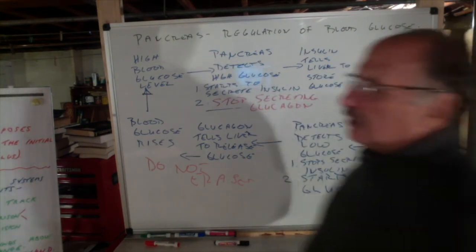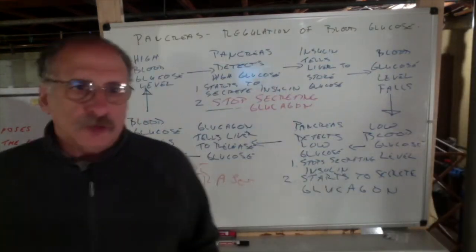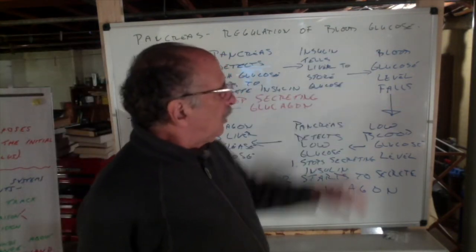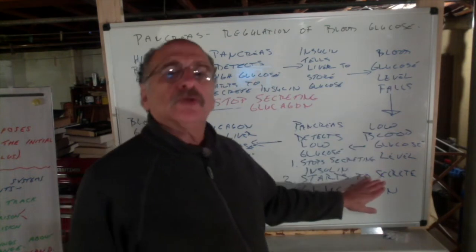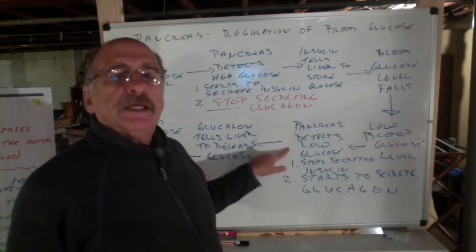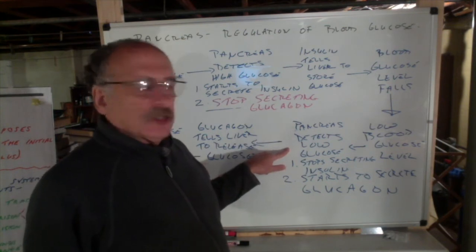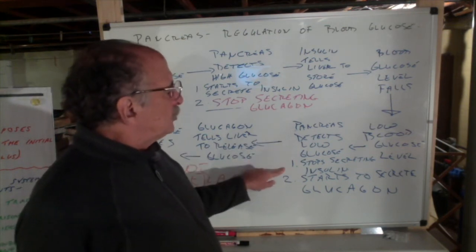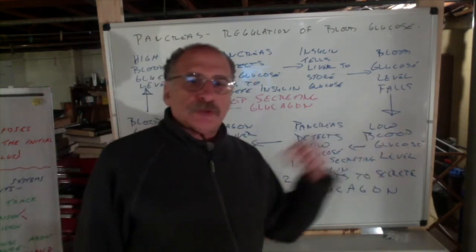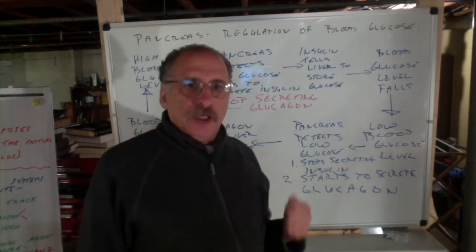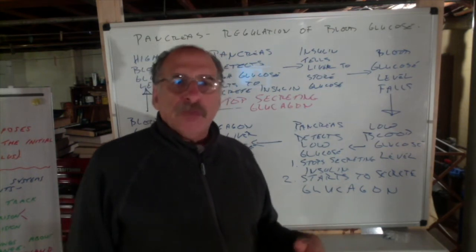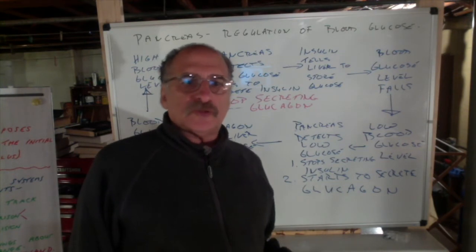Since the liver is taking the glucose out of the blood, the blood glucose level falls, and it falls until it's too low. The pancreas is still keeping track. It now sees that the blood glucose level is too low. It stops secreting the insulin. So the liver stops removing glucose from the blood, but the other cells and tissues in the body, many of them, would continue to use glucose for energy.